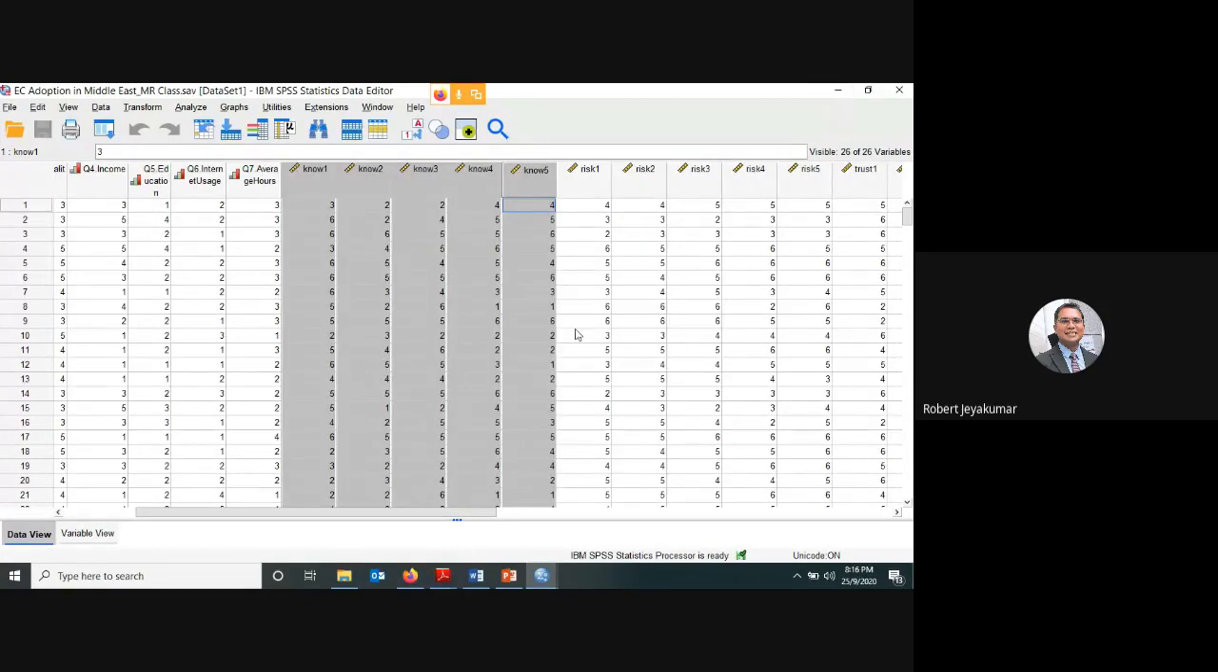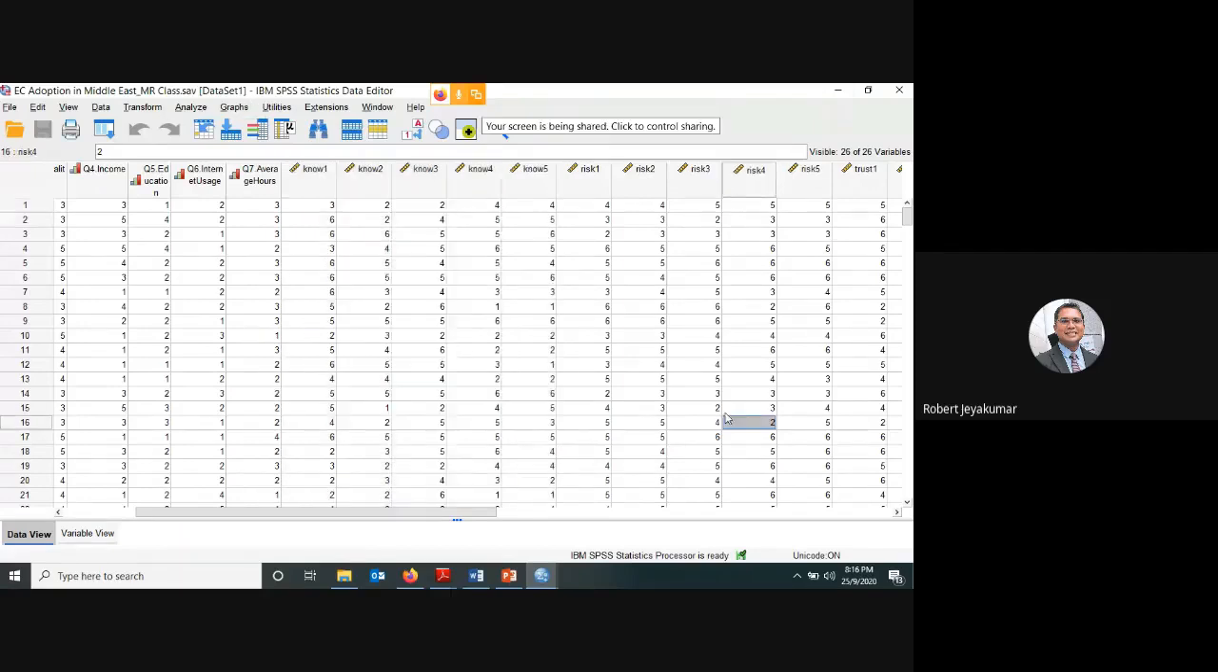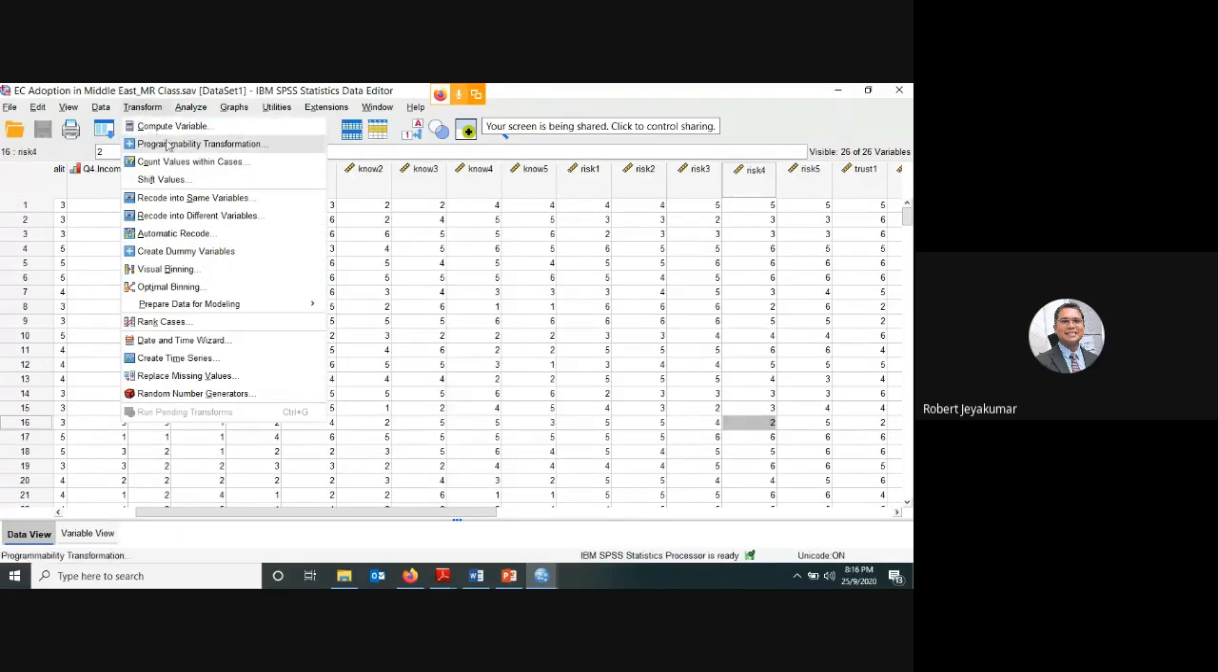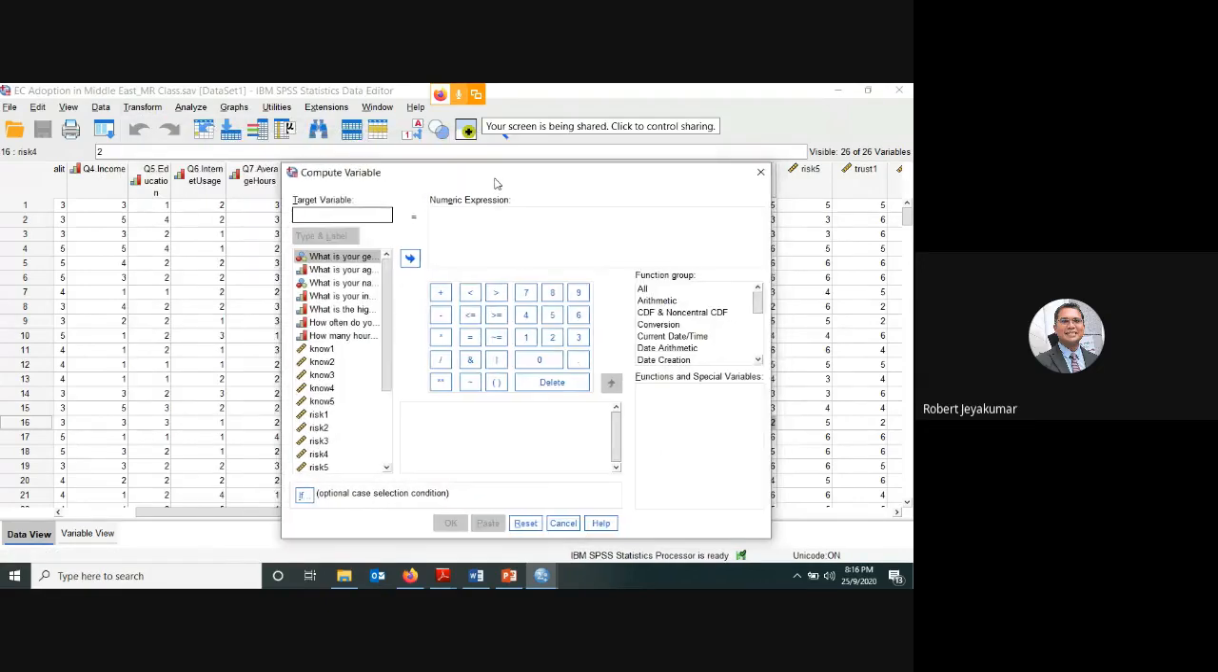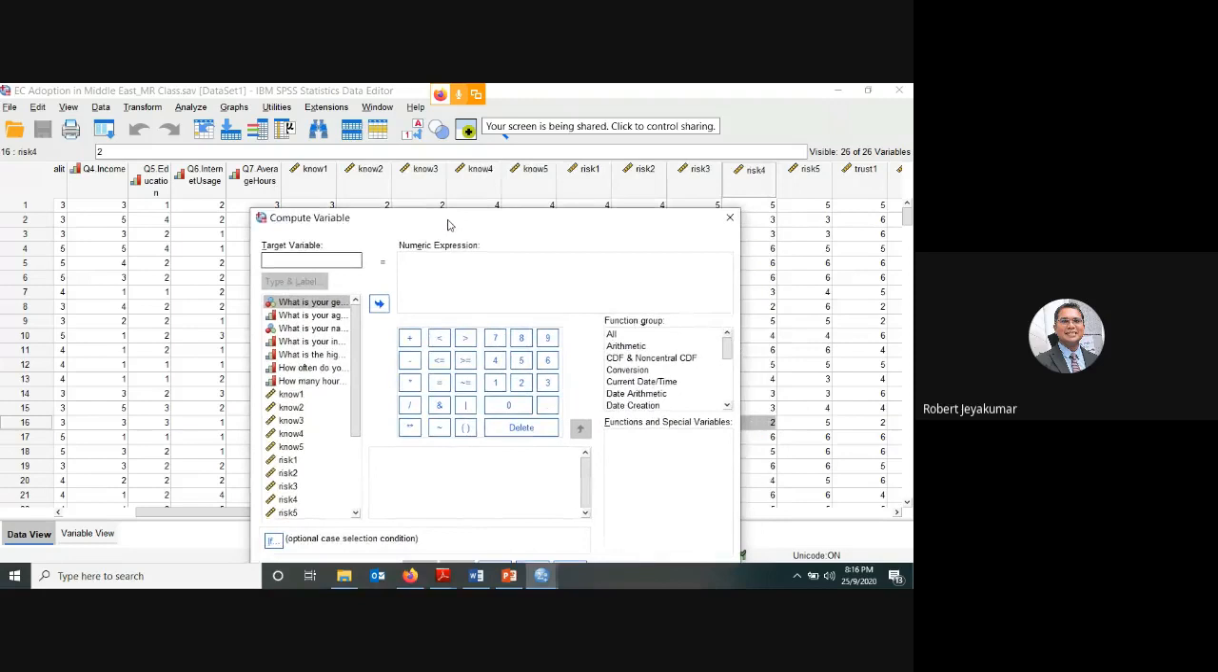So how do we do that? We go to Transform, Compute Variable, and this is where we insert our target variable. For example, for all this knowledge, we want to have 1 that says knowledge. Okay, we want the average for knowledge. So the knowledge now will be equals to, this is a numeric expression. So it will be equals to